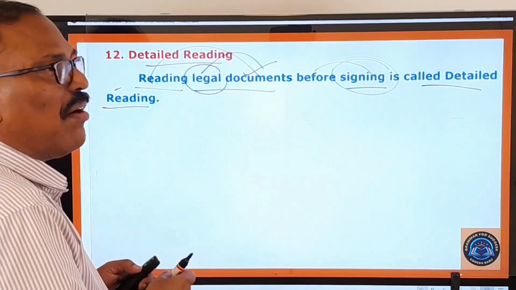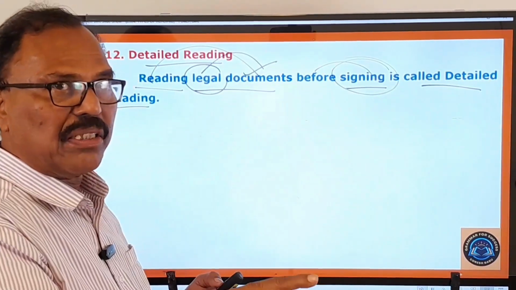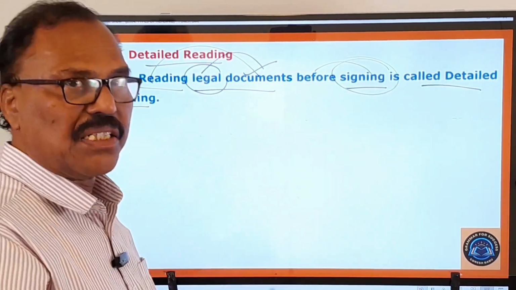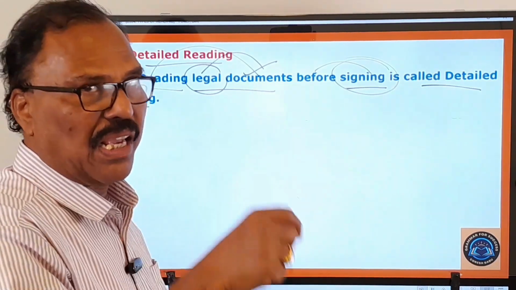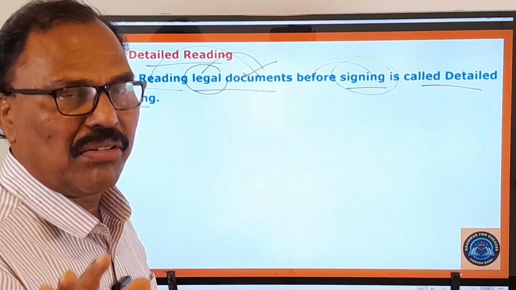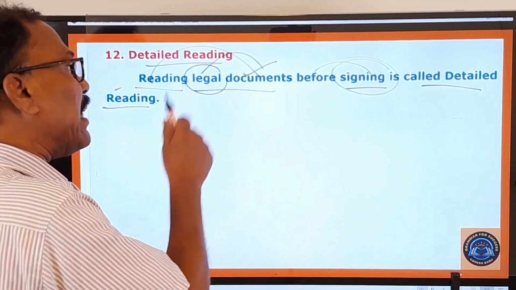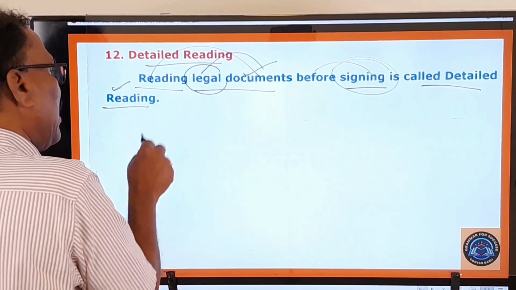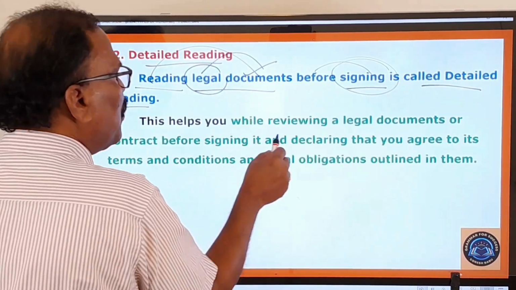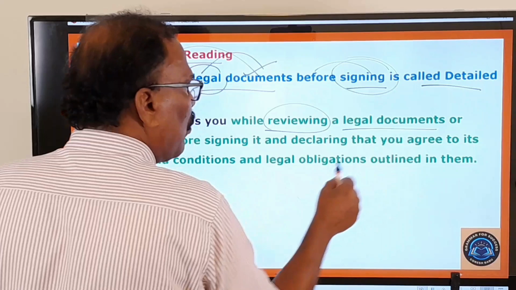So only after reading that legal document and after you are fully satisfied, then you go for signing. Until then you don't sign on that document. Okay, and that kind of reading is called detailed reading, right? And this helps you while reviewing a legal document,